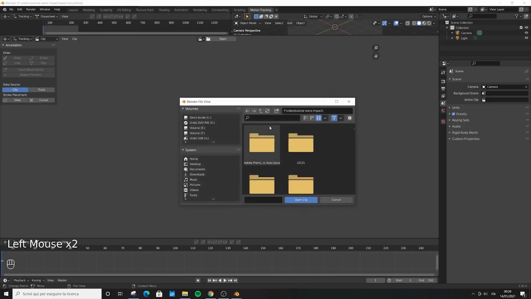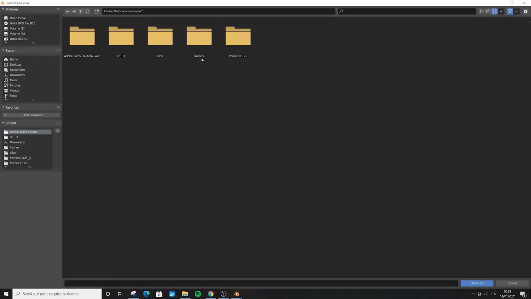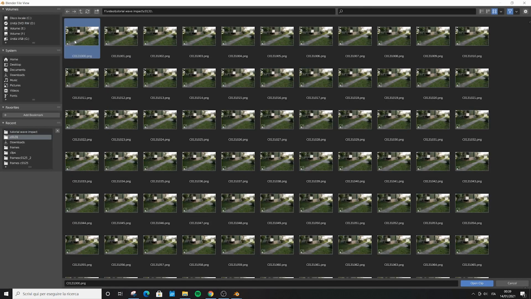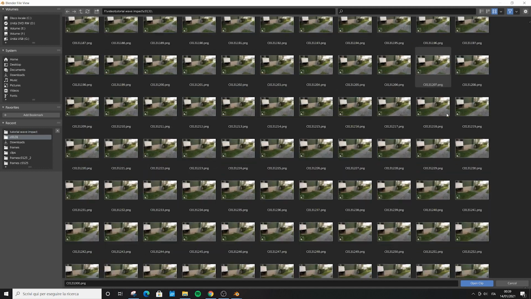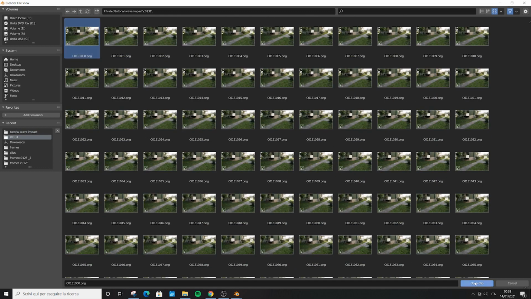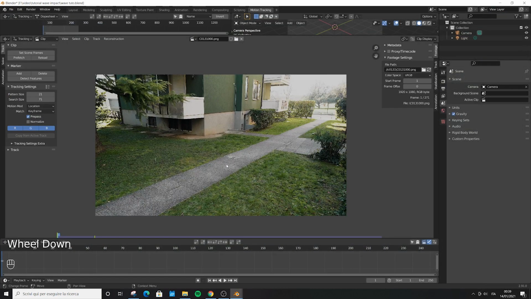In the description of this video, I leave you the link where you can download this image sequence. Check that there are not blank frames. Sometimes it happens. Just select the first frame. If you create your own video with your phone, just make sure that it has enough contrast for helping the tracking, and don't make it too shaky.